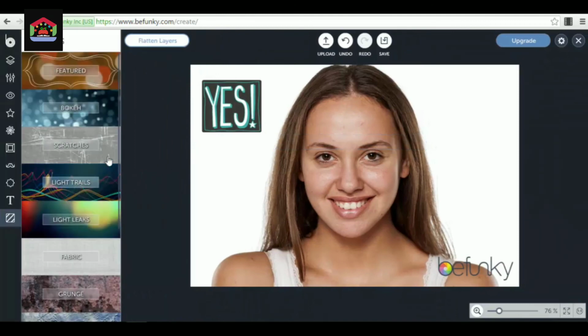So that was all, guys. I wanted to show you a little bit how BeFunky works exactly. It's actually a very good software that you can use. As you can see, it has a ton of features. I don't think that if you stay a week on this app, you will have the time to actually test everything and work on all the features.